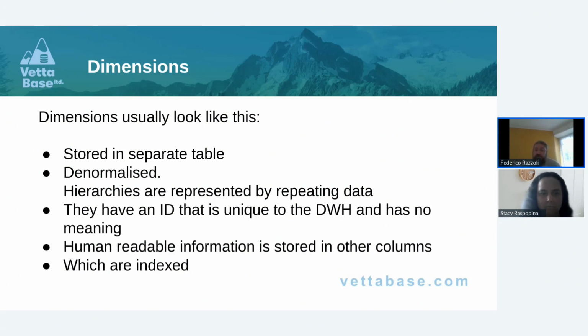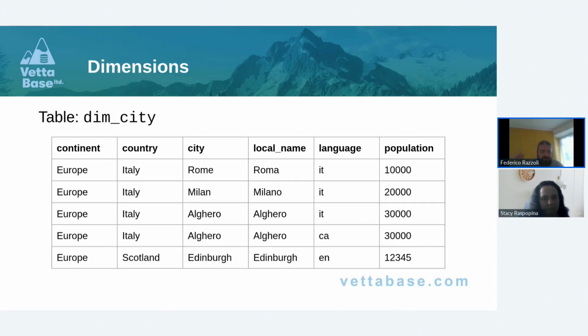Human readable information is stored in other columns, and these columns should be indexed. At least some of the columns that we might use for aggregating data or for filtering data should be indexed. But we are not going to talk about query optimization here because it's a completely different topic. Maybe we will make a different webinar on that one day. Anyway,